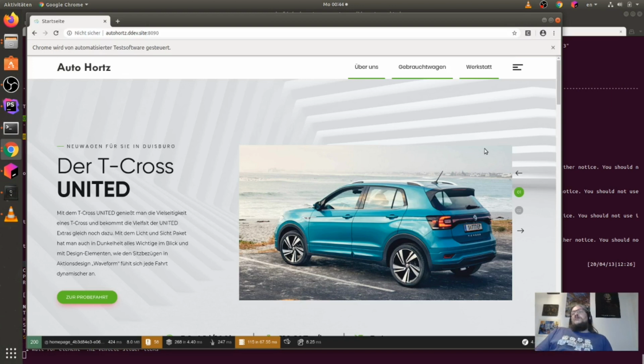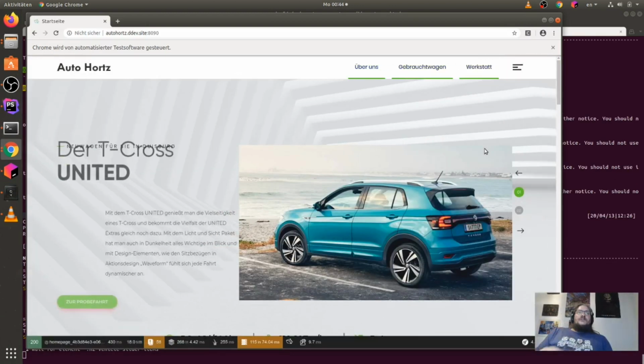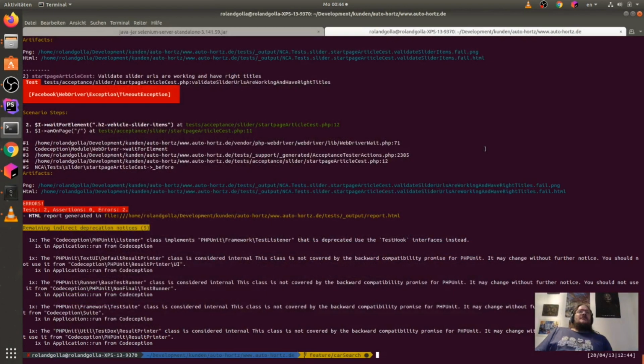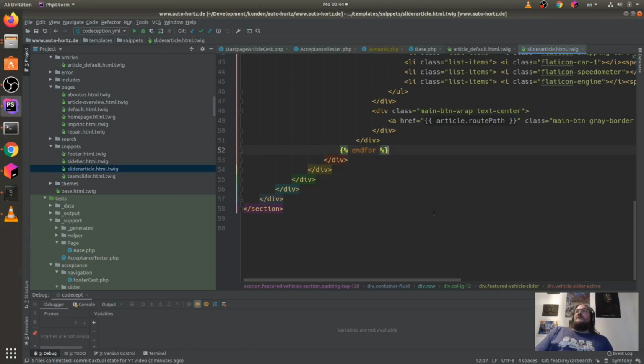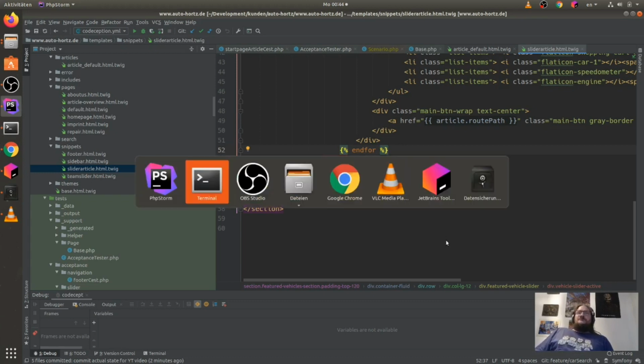I think this is working because the first test is waiting for things that have to be loaded, and it says, okay, I ran a timeout, and this was also the last thing we have to prove here, that this will work when there are no articles. For now, the slider testing is okay, and it works for me. Also, it's a bit faster.